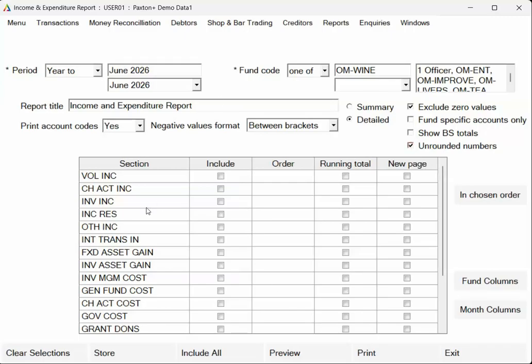So now at the bottom half here, these are all your report sections. So these are the headings on your report. So under each heading, you'll have all the associated account codes. So against the account code in account maintenance, you specify the section. So I'm going to do include all, because generally you want to include everything on the report. You can change the order if you want to, but generally you leave it the same. You can tick a running total at any point or a new page. So if I was to preview this one,